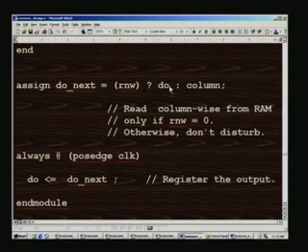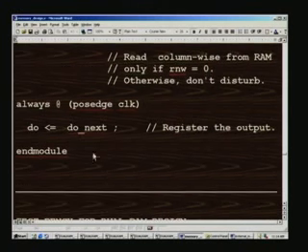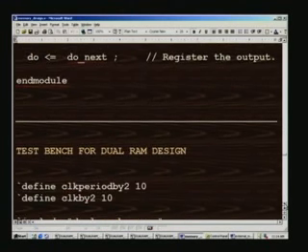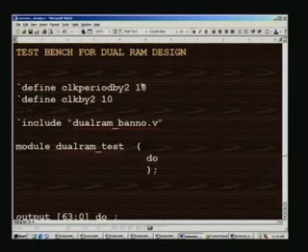So the statement applies to both read as well as write, and we read column wise from RAM only if R and W equal to 0, that is what I have said, otherwise do not disturb. And finally in the RAM_RC, at the positive edge of the clock we need to just push this DO next into the actual output DO. This is the output that goes straight away, as we have seen in the right of the block diagram which we started. And this is the test bench for the dual RAM design, and as usual we will operate at 50